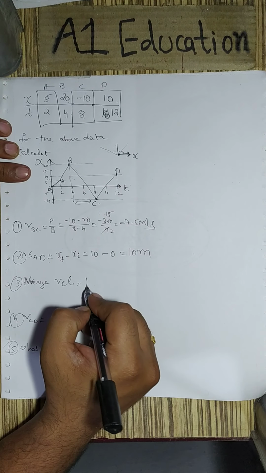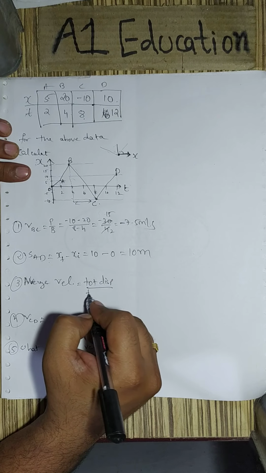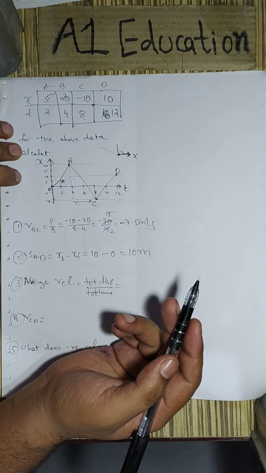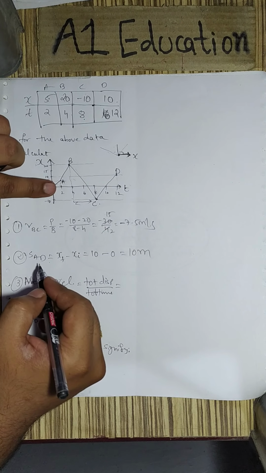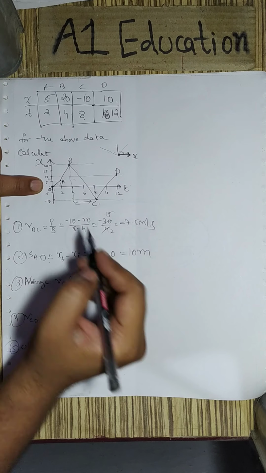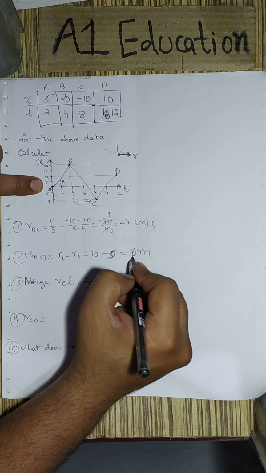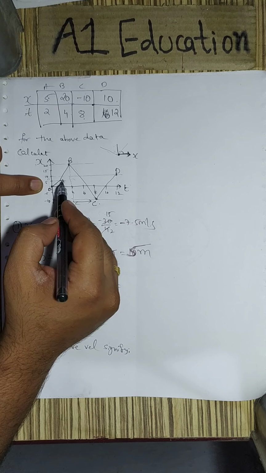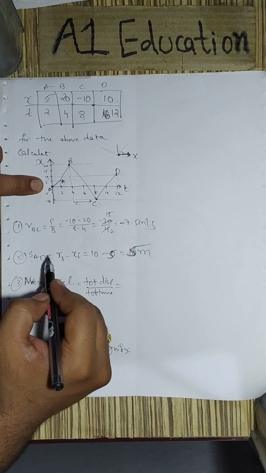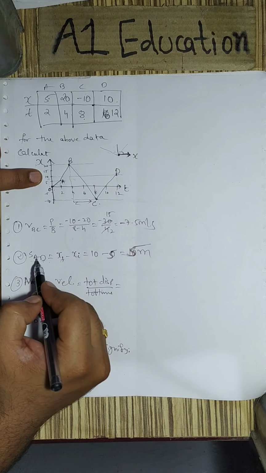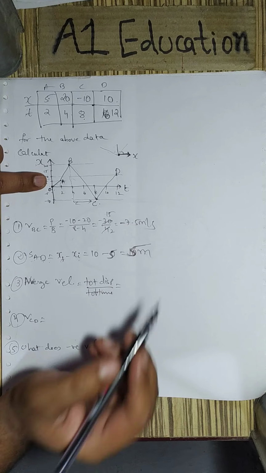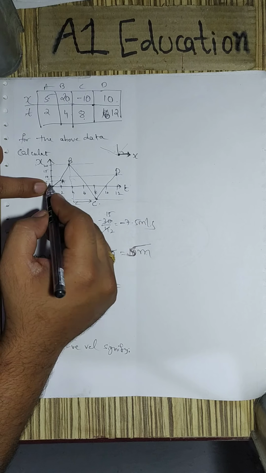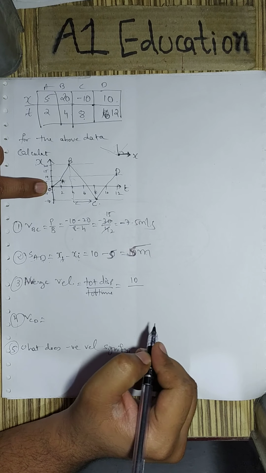Average velocity is total displacement upon total time. Total displacement we have calculated here from A to D. Sorry, this displacement is from A to D, not O to D. So A is the initial position, that is 5. So it will be 5 meters here. Sorry, it is A to D, displacement from A to D, not O to D. So if the final position is D, that is 10, and the initial position is A, that is 5, so 5 meters. Total displacement is from O to D, so displacement from O to D will be 10 meters, right?